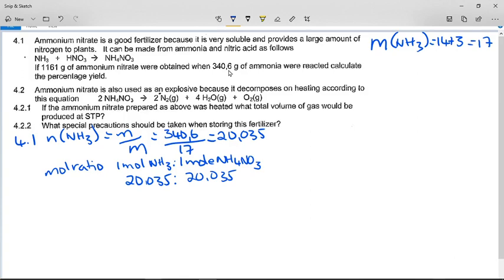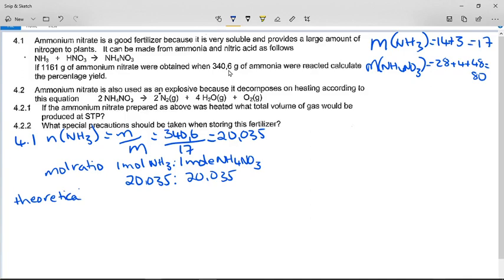Now if we want to calculate the maximum theoretical yield in grams, we are going to need again the relative molecular mass of ammonium nitrate. We've got 2 nitrogens in there, which is going to be 28, plus the 4 hydrogens, plus 48 for the oxygen, because it's 16 times 3. So you should end up with something like 80 grams per mole. So now our maximum theoretical yield,